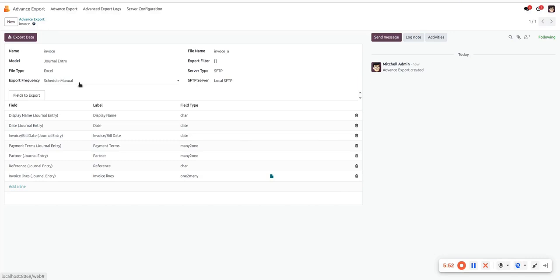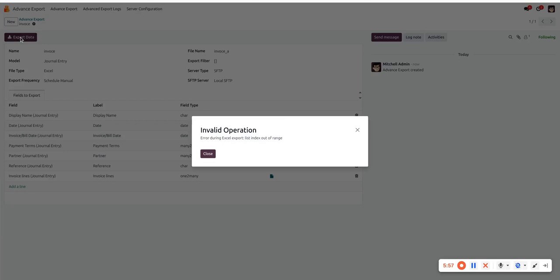Now if you select manual, then it will export the